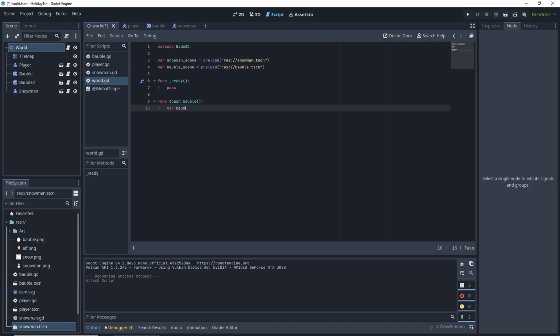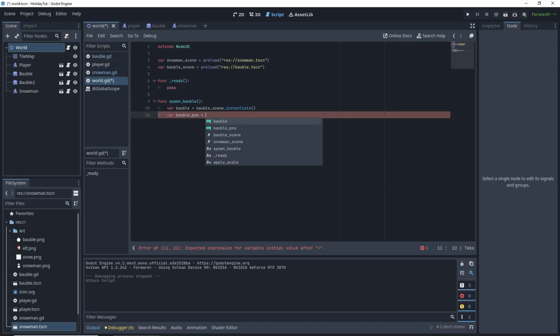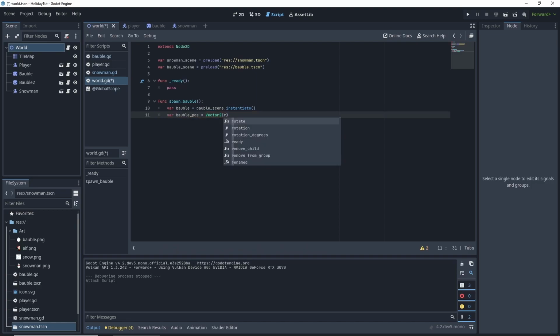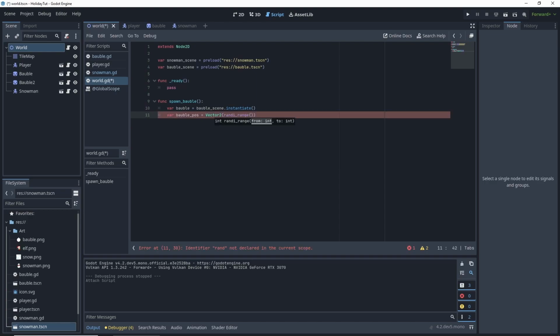So we'll have a bauble is equal to bauble scene dot instantiate, and then var bauble position is equal to Vector2, and then we want to do random integer range, and we're going to do 16, so this will put us out in the x direction, 16 pixels minimum, and then we want to get